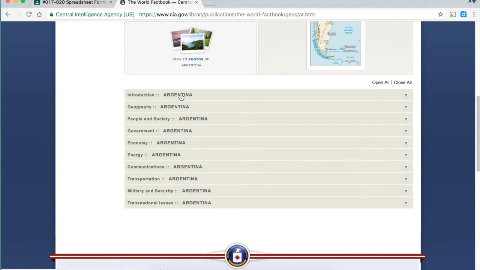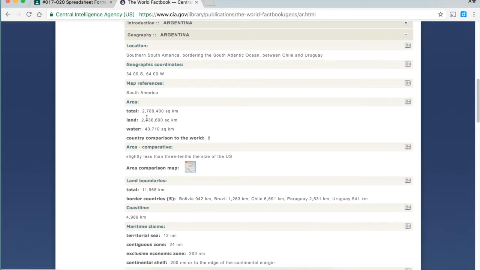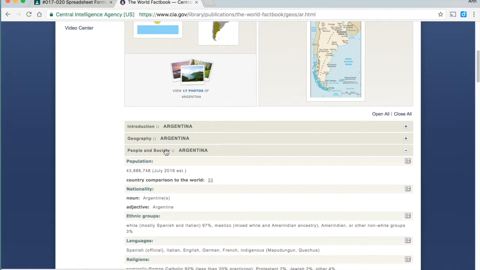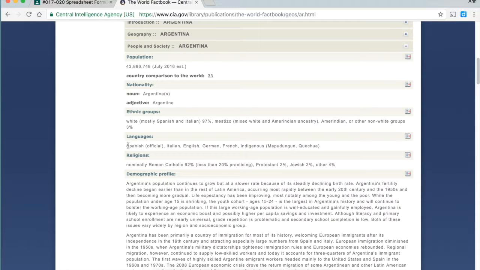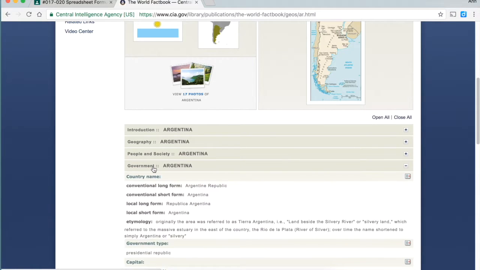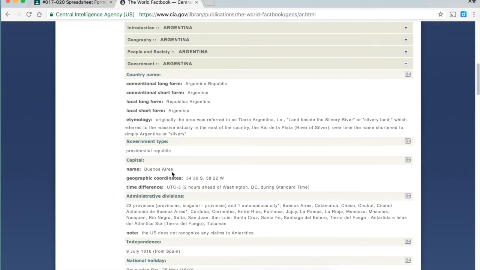In our example, we're going to need the geography section to find the total area of the country. It's listed in square kilometers, so if you wanted square miles, you would have to do some additional math. How much total area represents the land in the country, and how much total square kilometers represents the water in the country. If you click on a title, it closes it up. You'll also need the people and society section if you choose to have them list out the top language in the country. In this case, it's Spanish, which also happens to be the official language. And then we'll close that, and under government, you'll be able to find the name of the capital of this